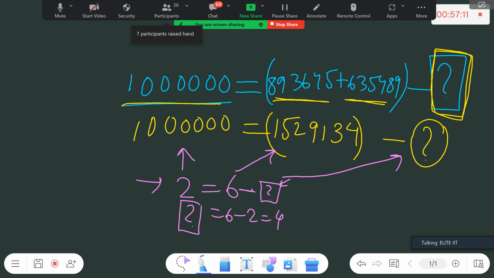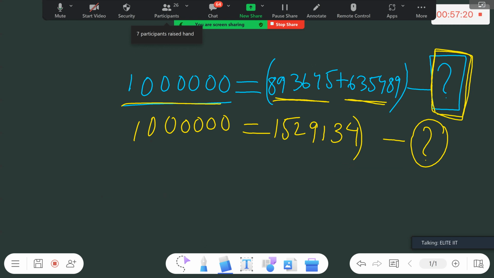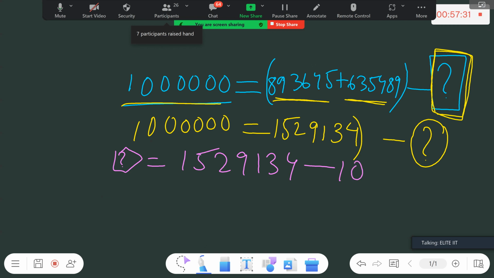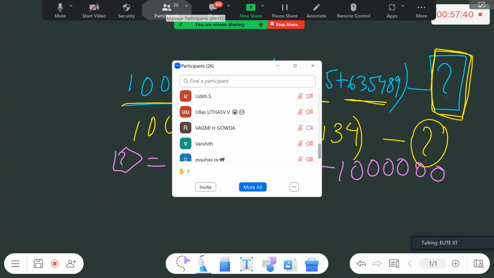So similarly here also you will subtract, okay? You subtract this minus this. So your question mark will be actually equal to 1529134 minus this 1000000, okay? Okay, so now